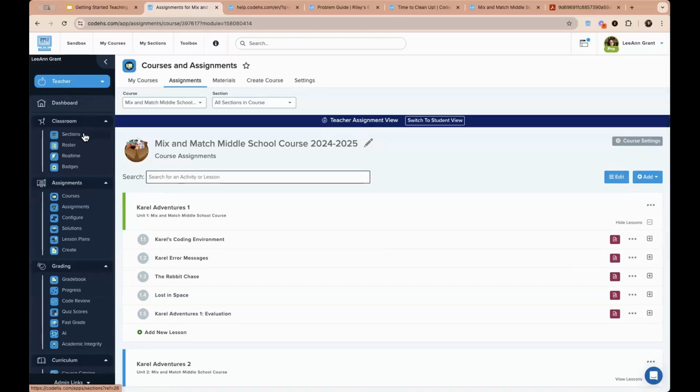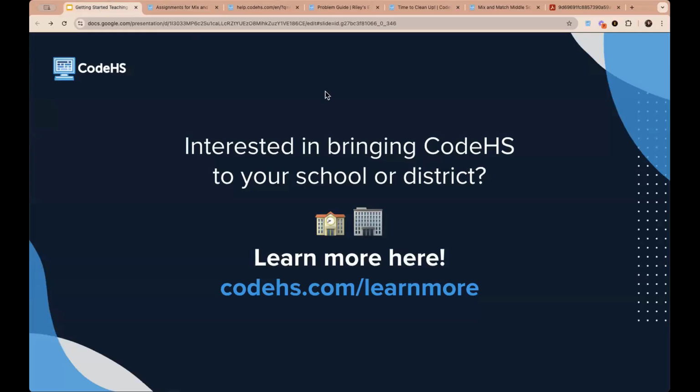And then you would create sections. So the course is the curriculum, and your section, like I was talking about the workshop section, is your actual class period. It's your students. So create a course first, and then you can add your students after that. And again, that's all in the knowledge base for you to be able to learn. I just don't have enough time to show you guys today.